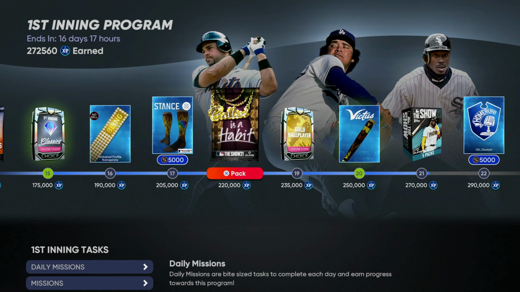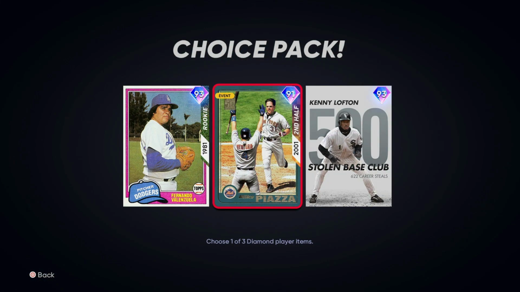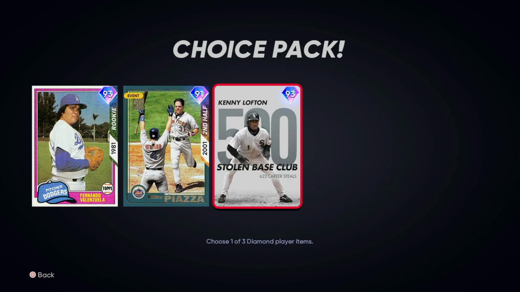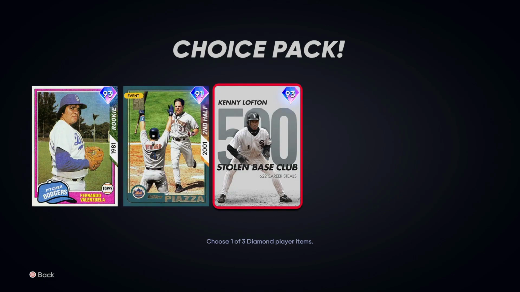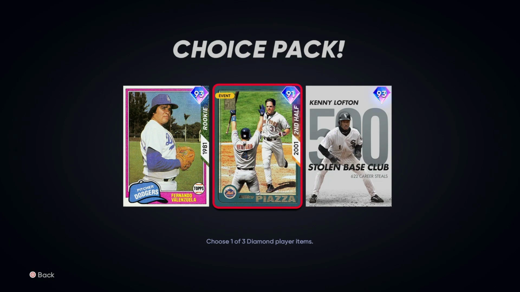And when you go down further, think about this: when you get to 350, the boss himself, and you can choose between these 3, they will drop in price the earlier that you get there. So this event, the first inning program, will go until the middle of May, okay? If you can get there within the next 2 weeks, and remember this weekend is double XP for online games, and you grind and get your way to one of these boss battles or boss cards, you can sell them